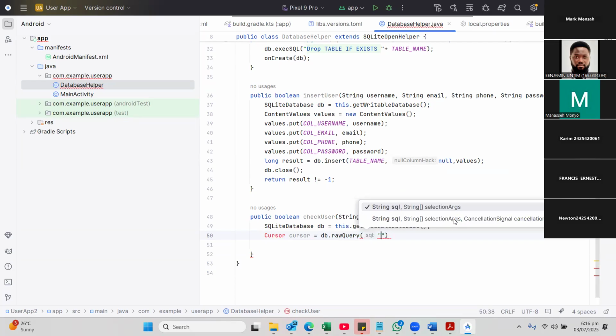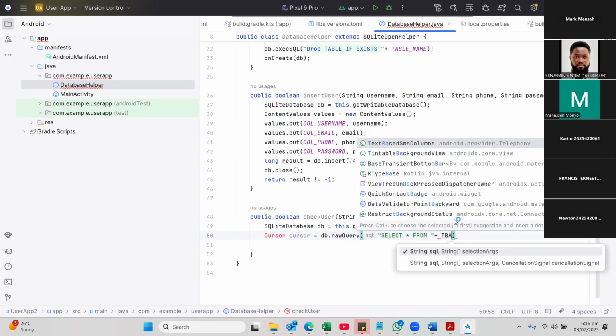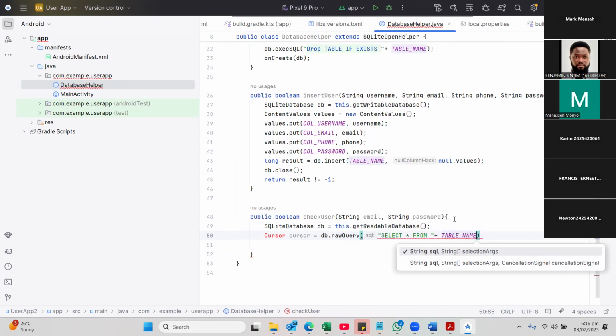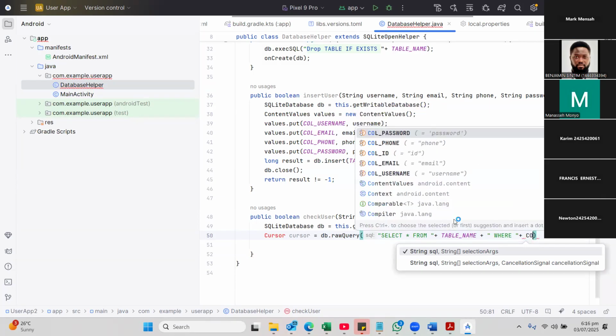So in here, I'm going to say select star from. Now I'm selecting from the table I created at the top, plus, and then I'll bring a space so that I'll have where, bring a space and bring a plus here. And then the column